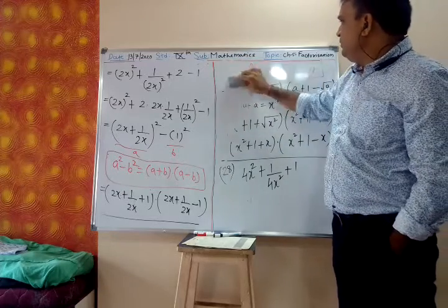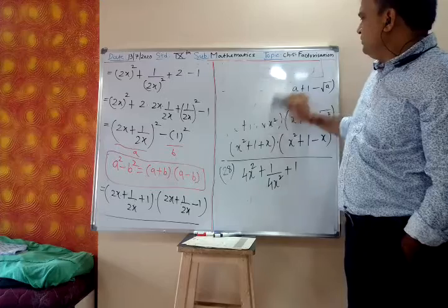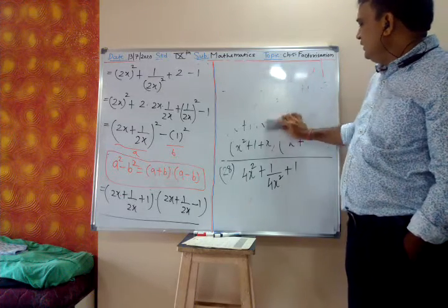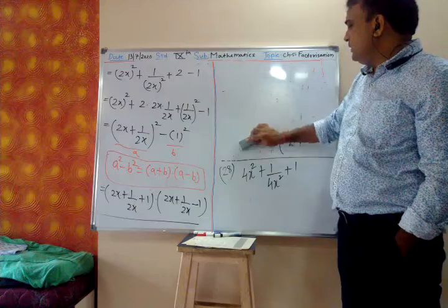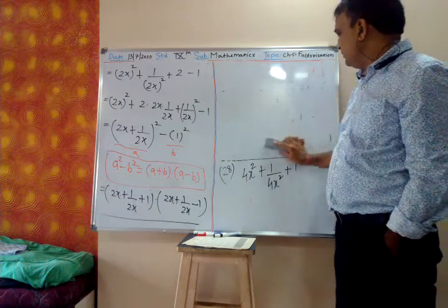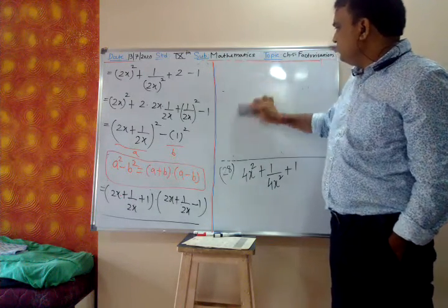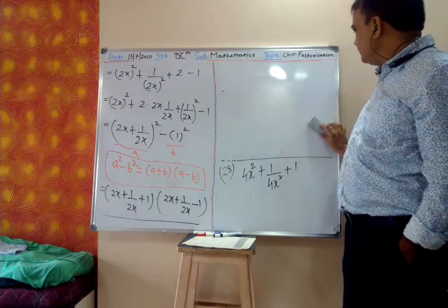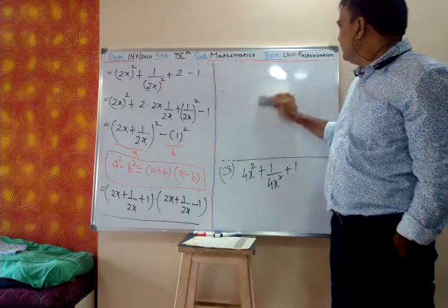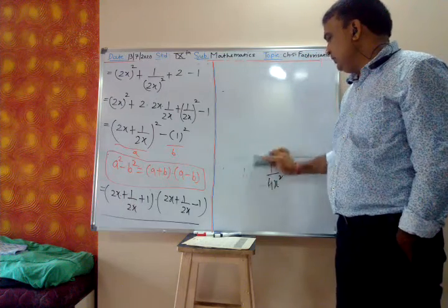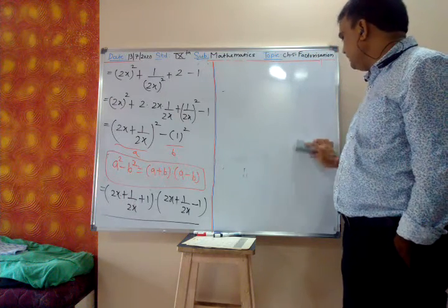So you have to identify the type, whether it is A plus B whole square or A minus B whole square. Then the middle term is 1, that you can write plus 2 minus 1. So that adjustment you have to do, so that it can be converted in the form of A square minus B square or A plus B whole square or A minus B whole square. Yes, x and x can be added because they are the same variable.